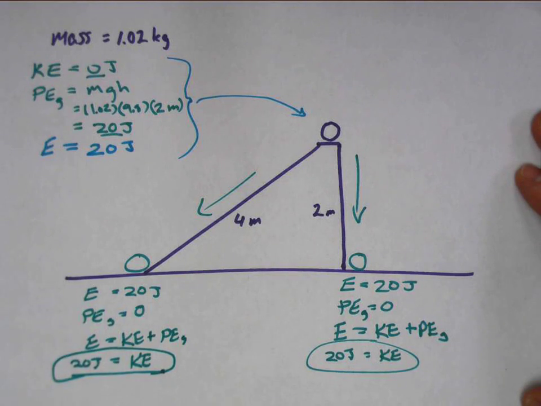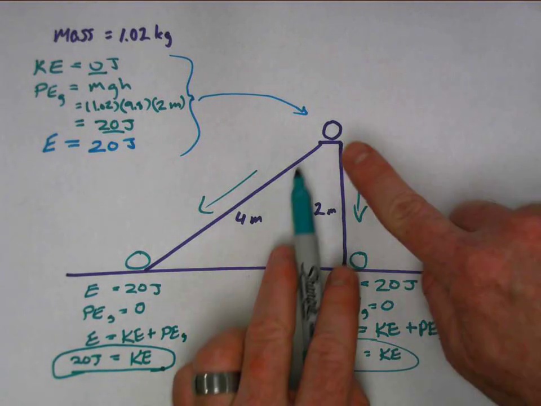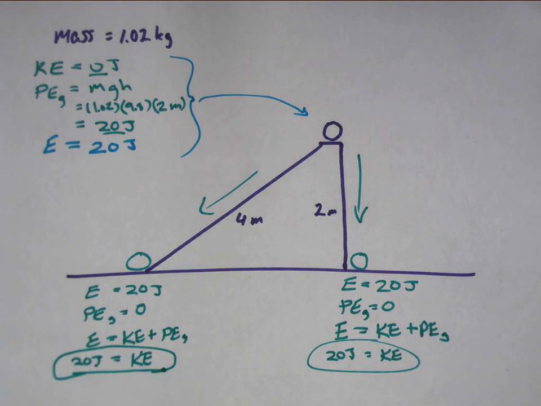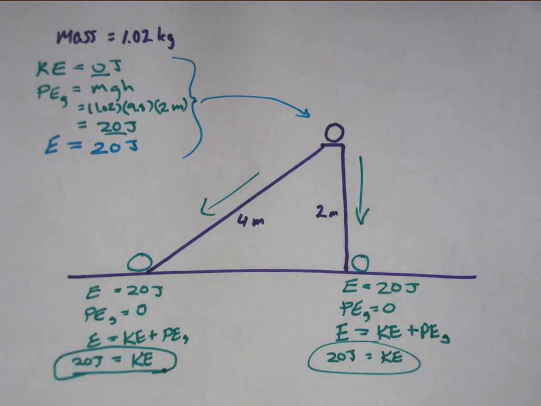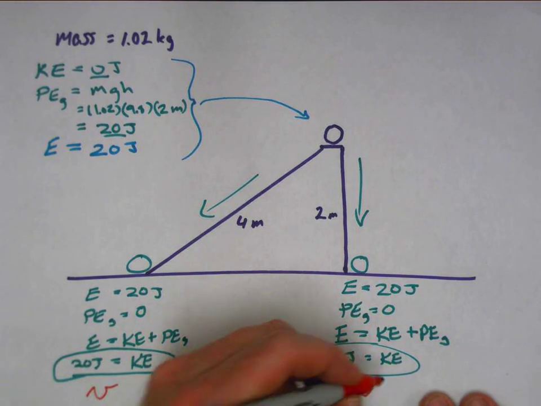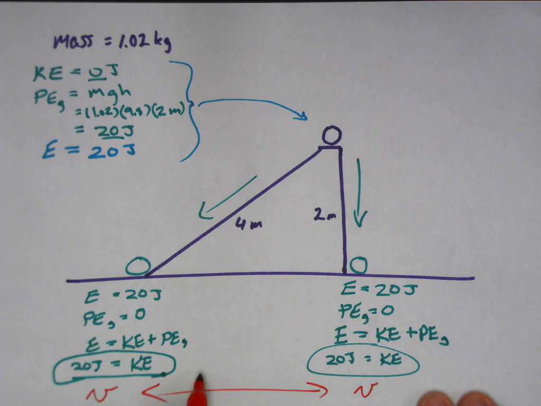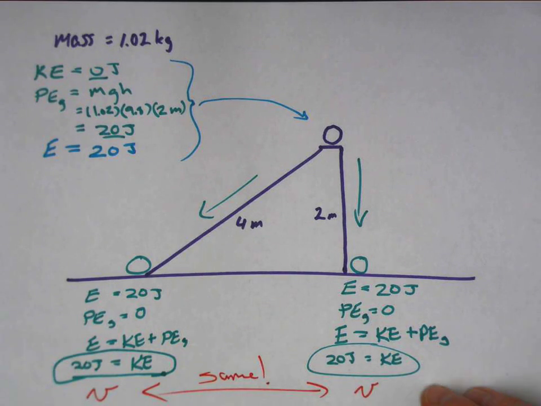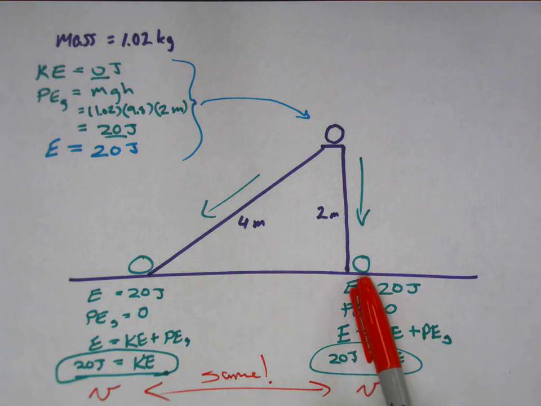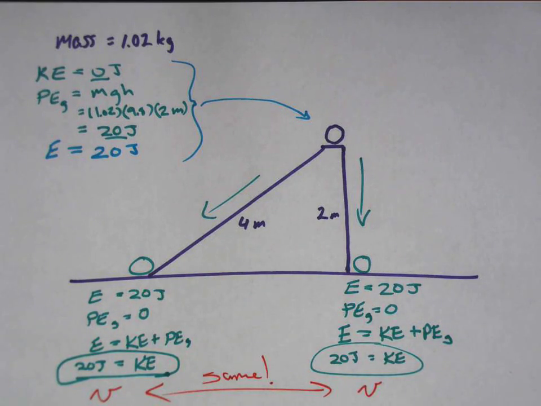Okay, notice this is interesting. It doesn't matter which way it fell off, it's got the same kinetic energy at the bottom. It doesn't matter which path it took. That's interesting. Also, since the kinetic energy is the same, and it's the same object with the same mass, the velocities would be the same. We're not going to bother calculating the velocity right now, but the velocity here would equal the velocity there. Those are the same. It's going to go just as fast here as it does here,